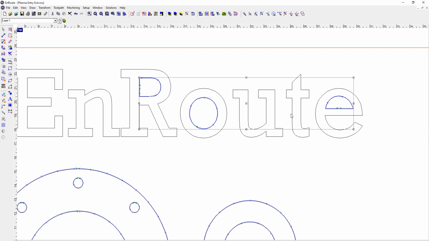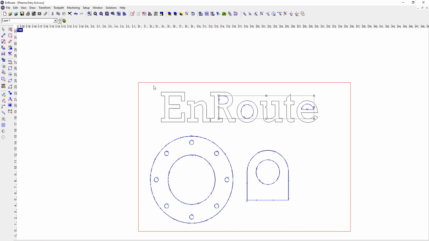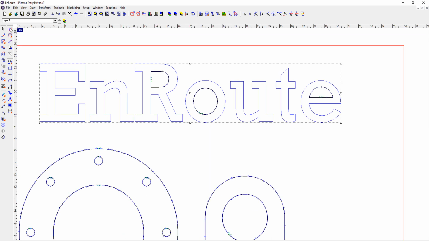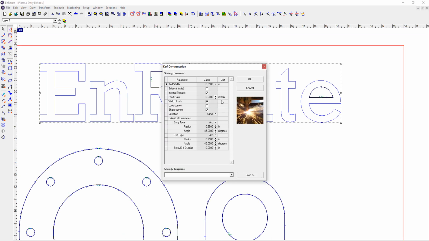Someplace it's not going to interfere with a corner. And now I can group these, select everything, and then hit my Control key and deselect those middle three grouped parts. And now I can do a corner entry exit. If I've already saved this here, I'm just going to go to the corner, change it to the same kerf,